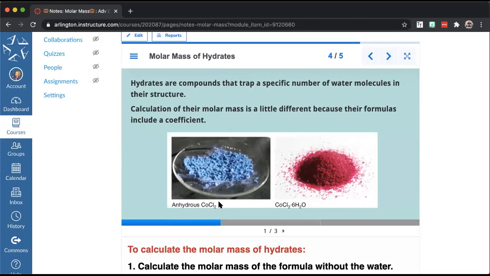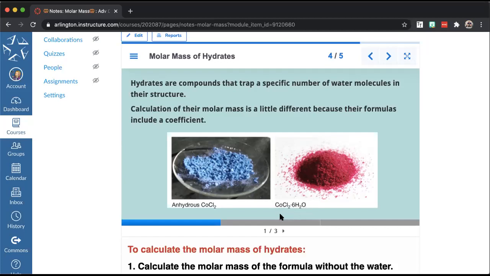If it has the water molecules attached, then it looks like this. It's cobalt(II) chloride, and this is hexahydrate. Hexa means there's 6 water molecules attached. So we use the same prefixes that we do for our covalent compounds. And now look, it's this reddish-purplish color, okay? And that changed the color,